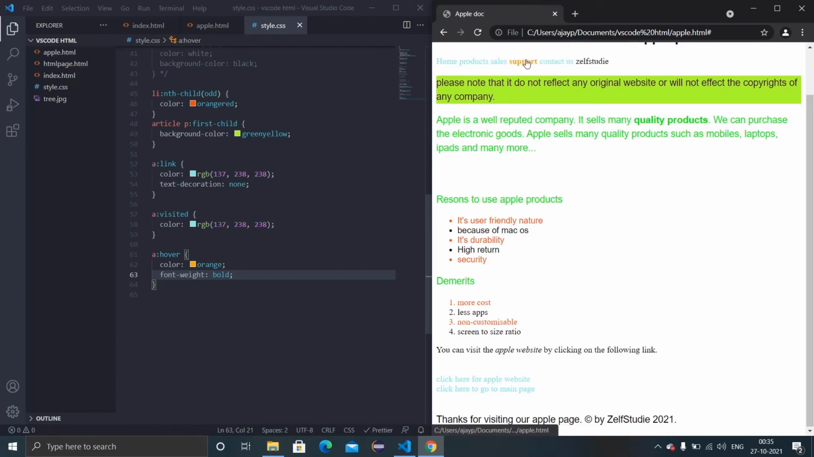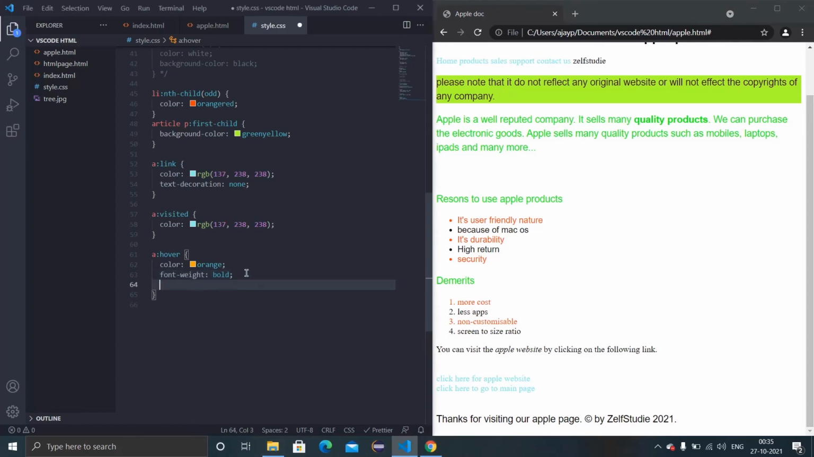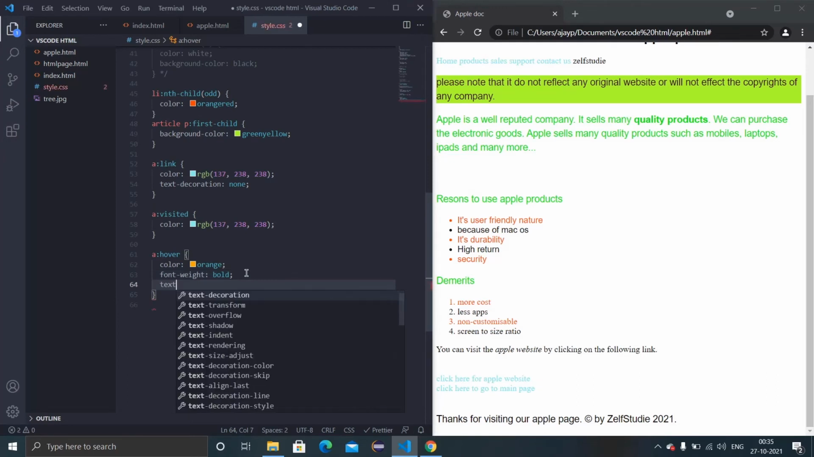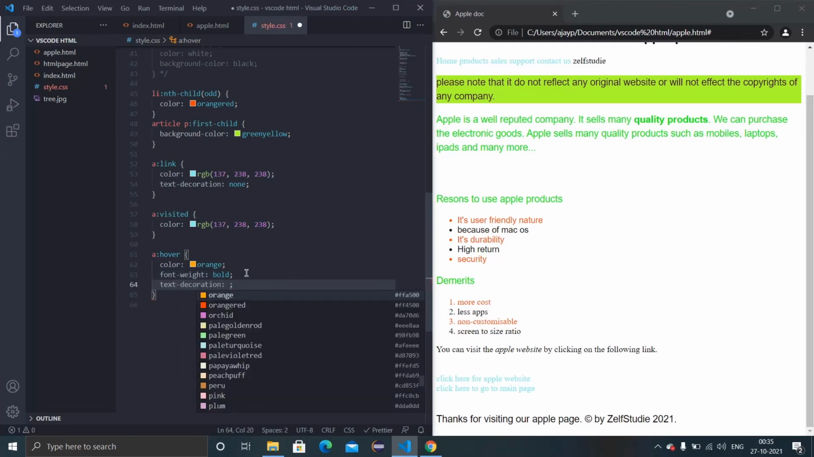See, so this is also an important thing to understand. Okay, so you can see this for all the links here. So this is what the hover will do, and inside hover you can have text decorations. Okay, so text decorations, what does this mean? Text decoration is something very